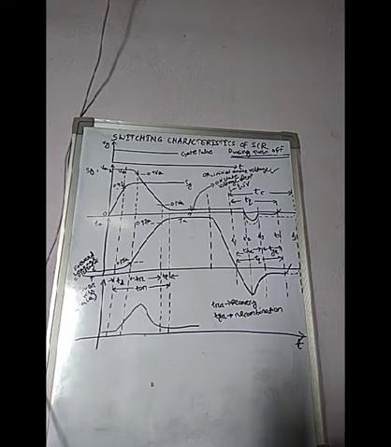How does this process happen? Once the thyristor is on, the gate loses control. I already told you, once the thyristor is on, the gate loses control; the SCR can be turned off by reducing the anode current below the holding current. Already I told you about the holding current in the VI characteristics of SCR. Holding current is the minimum level of anode current below which the thyristor is in off state. So to turn off the thyristor, we have to reduce the anode current below holding current.